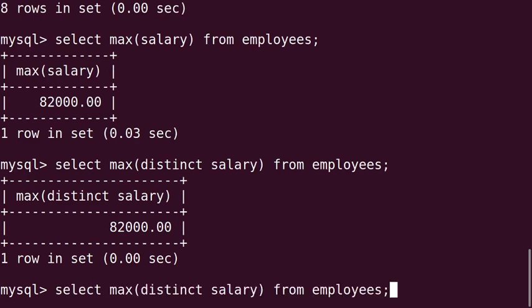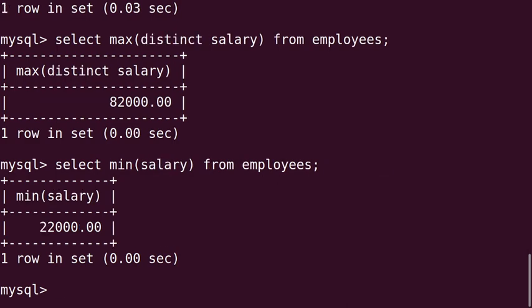Now min function. In place of max, we are taking here min salary will return 22,000.